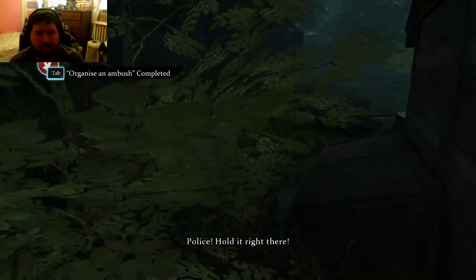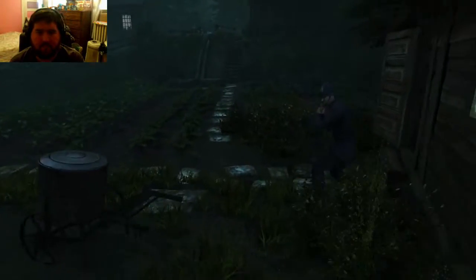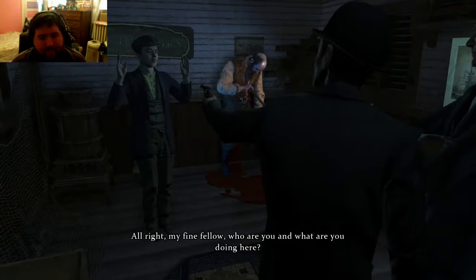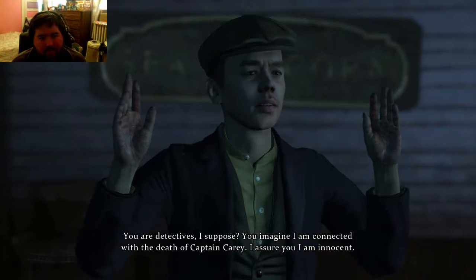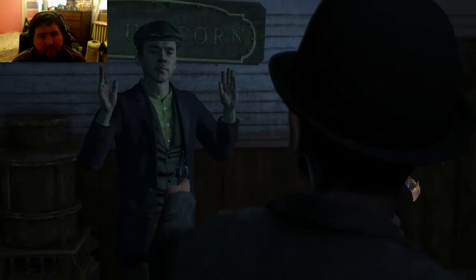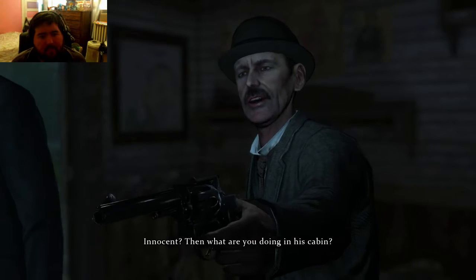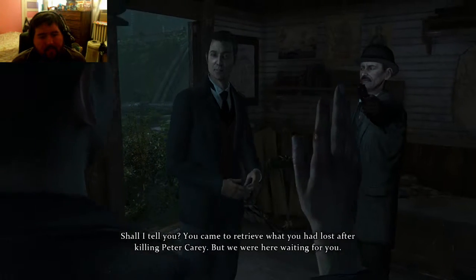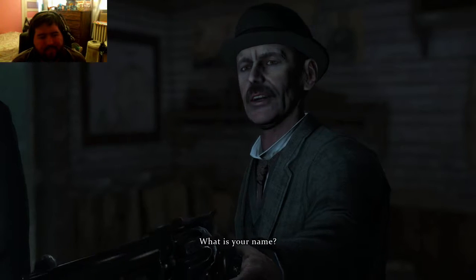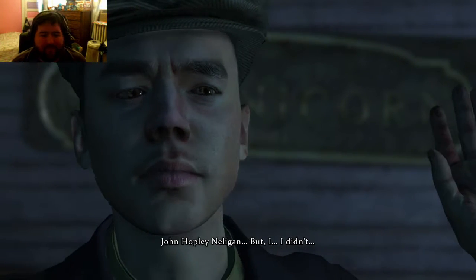Police! Hold it right there. Mr. Holmes? Mr. O. I'm already coming in. I went the long way. All right, my fine fellow. Who are you and what are you doing here? You're detectives, I suppose. You imagine that I'm connected with the death of Captain Carey. I assure you I'm innocent. Innocence? And what are you doing in his cabin? Shall I tell you? You came to retrieve what you had lost after killing Peter Carey, but we were here waiting for you. What is your name? John Hopley Nelligan, but I didn't...